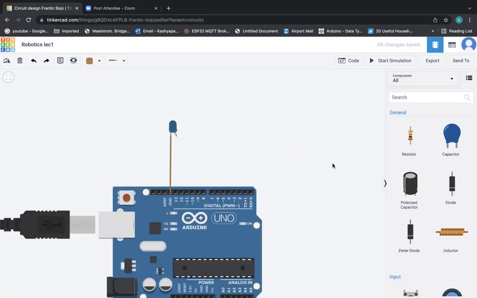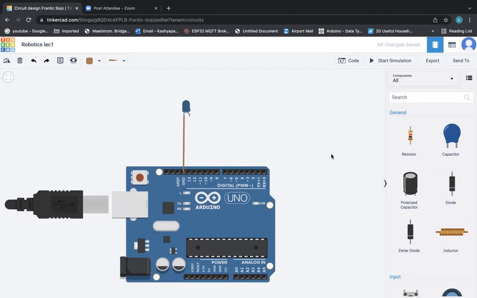So what is that small thing? LEDs usually work at 3.3 volts, right? But the Arduino is actually supplying 5 volts. So when you give 5 volts to the LED, there will be lots of current going and it might burn the LED.